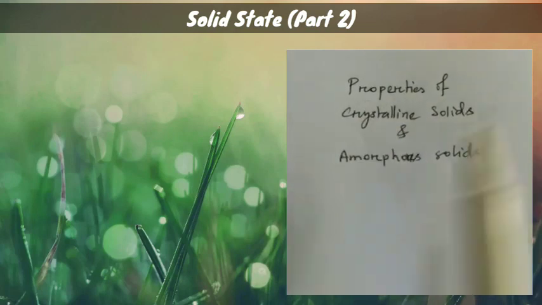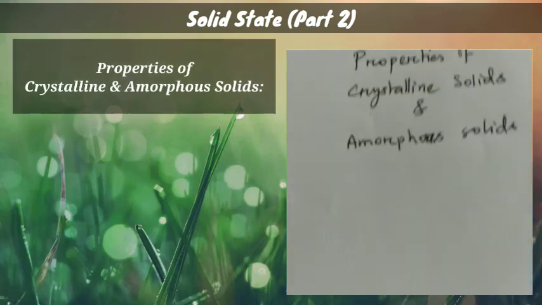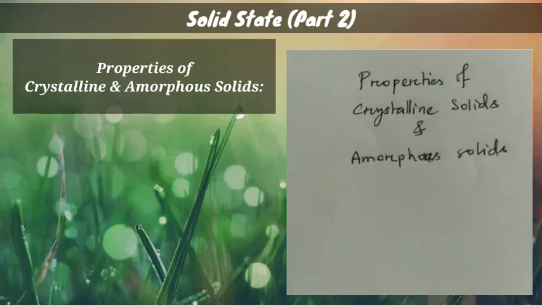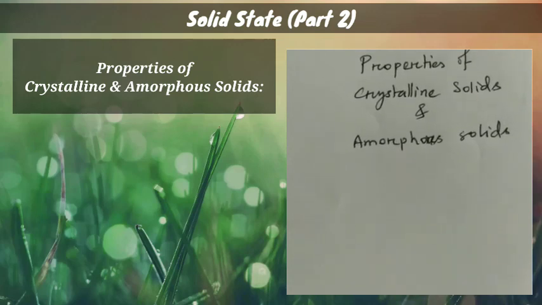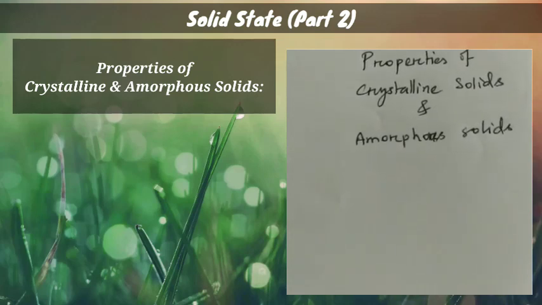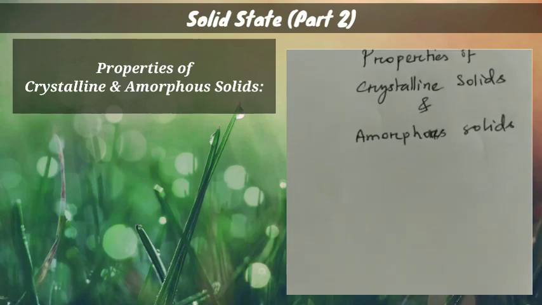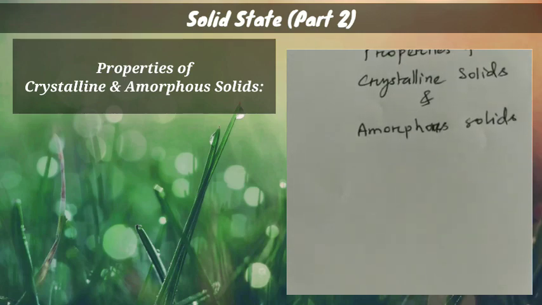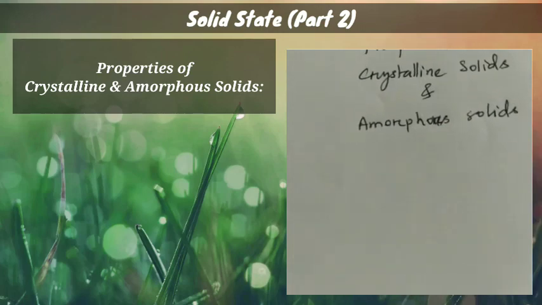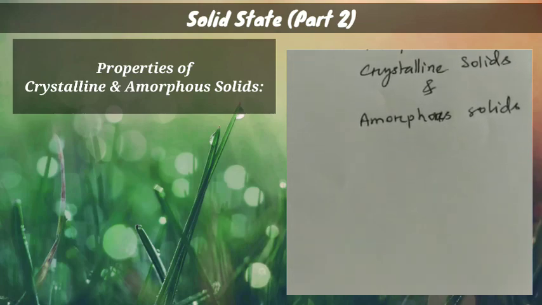Now let us discuss the most important point, the properties of crystalline solids. In chemistry we basically discuss the properties of materials, chemicals, and their structure. In inorganic chemistry we study the structure of compounds and the effect of structure on their reactivity. In organic chemistry we study organic compounds and their properties, their nature, and their reactions in different media.